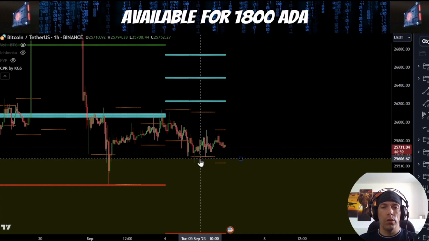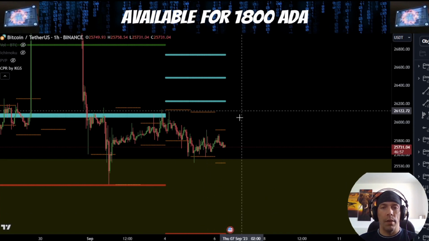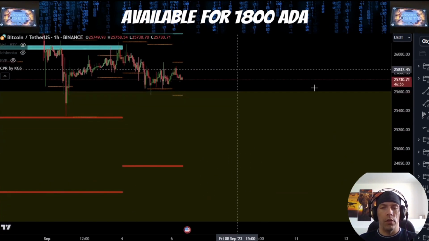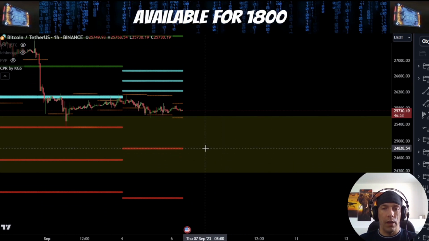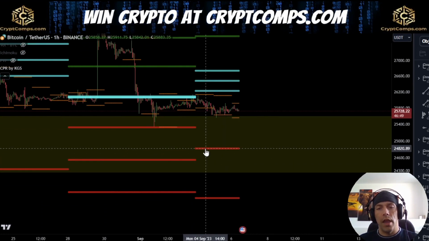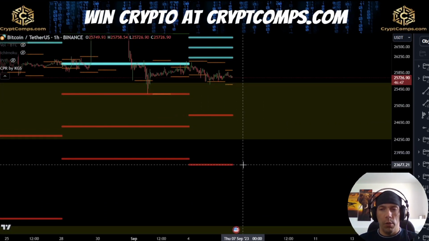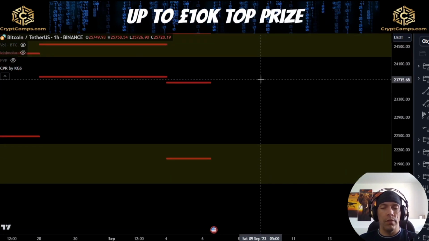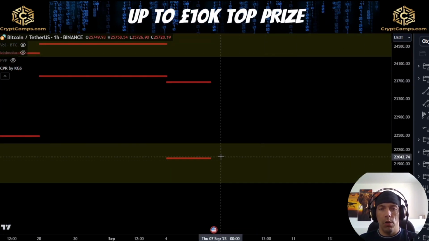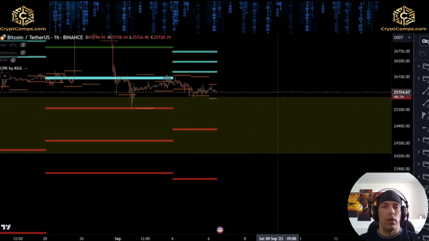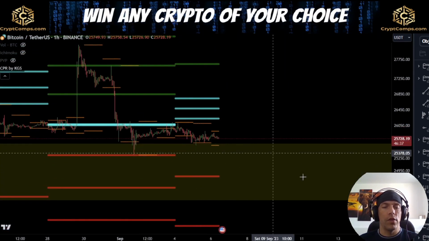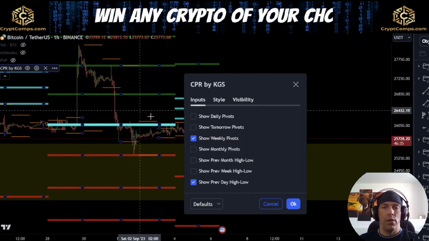Now, if we do fail to actually reclaim these and we do see either price move up into these and reject, or alternatively we just fail to push up into them and we start to reject to the downside, I will be keeping an eye on this S1 line at this 24,820. Lower down here, we also do have 23,677 as potential target, and lower down here this 22,029. So we're going to be watching these levels to see how we react if we do see price move into